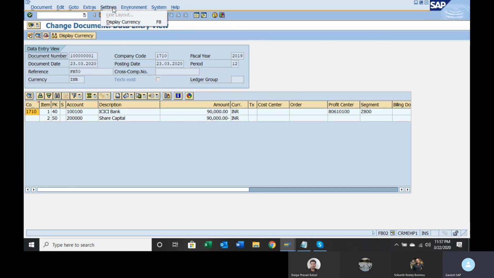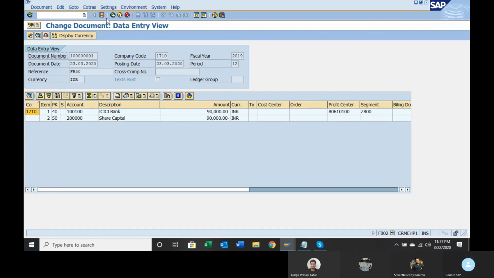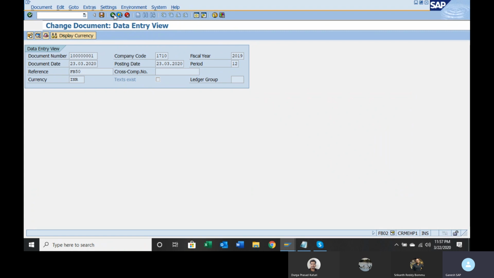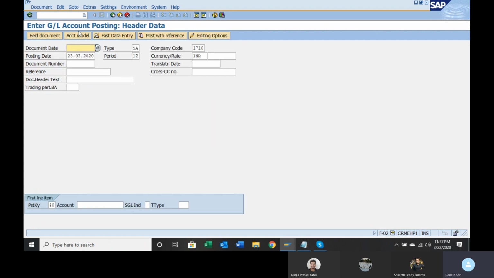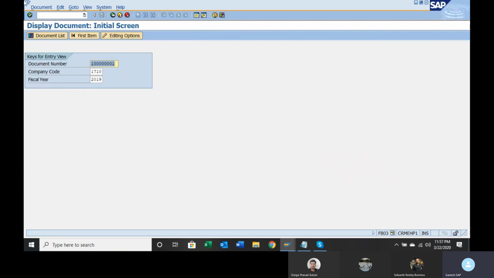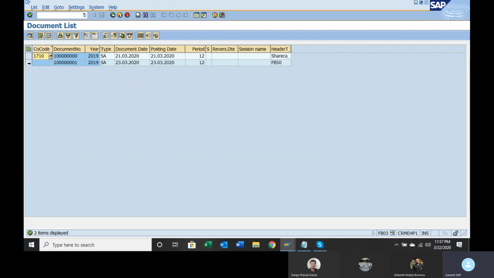Fine. I'll try to show you where to delete this. Let's see, slash and FB03. Let's try FB03. Document list. Execute. Select it. Let's see.